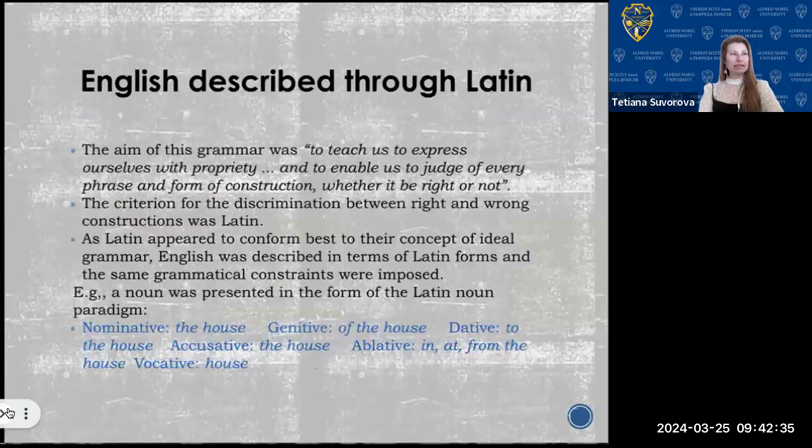Okay, so here it is, you can see. English is described through Latin, that is what I've mentioned, and that is what we, of course, shouldn't forget. That is why there is still a great discussion about the cases in the English language, because we can't find, in fact, a formal opposition, though we express the meaning, but not with the help of form. So how can we speak about the category of case if we don't have forms?